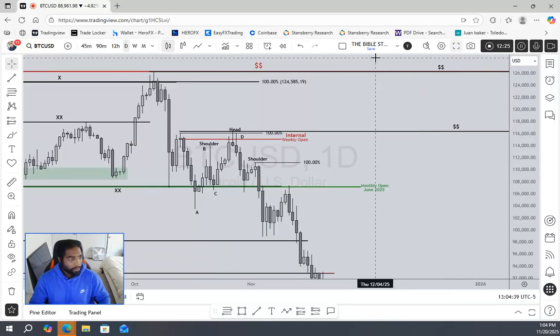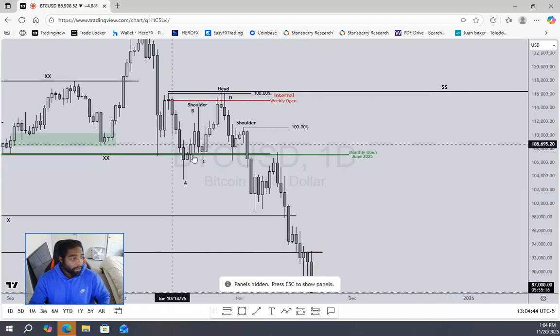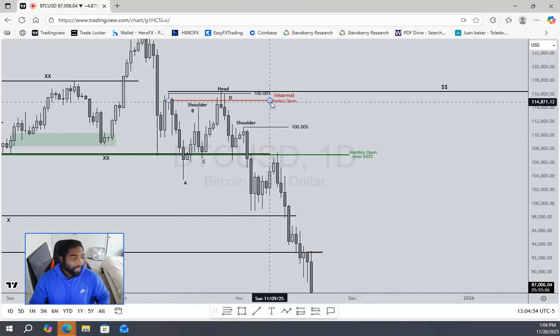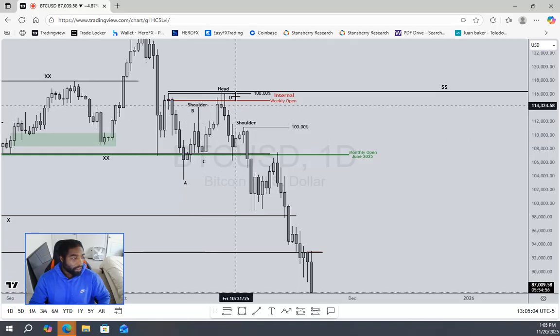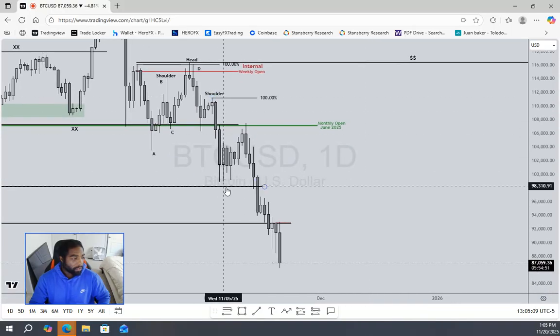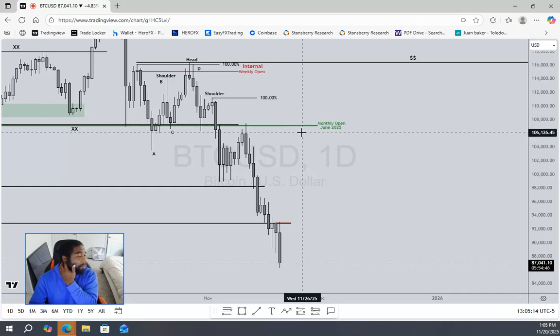Where we at? Okay. So look, peep gang. Inside of that weekly internal retracement, we produce this daily structure retracement, ABCD correction. That shows inside of that weekly bearish candle on the daily. What did we create? This head and shoulders pattern. Shoulder, head, shoulder. Swing to swing, retrace, price encountered and retested the monthly open